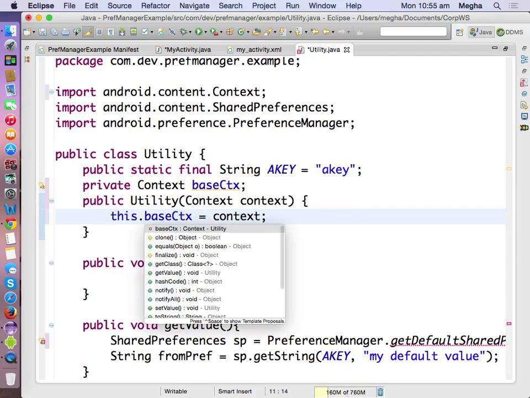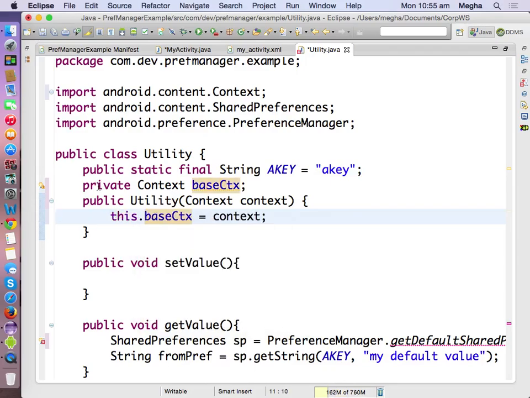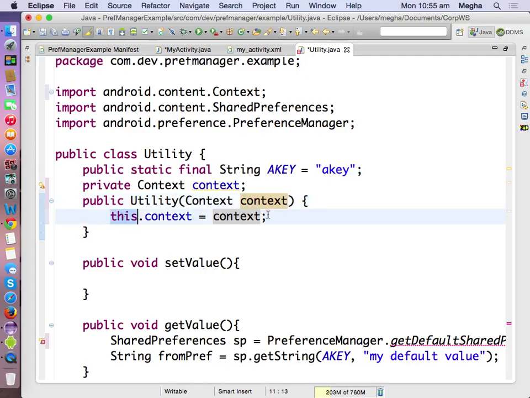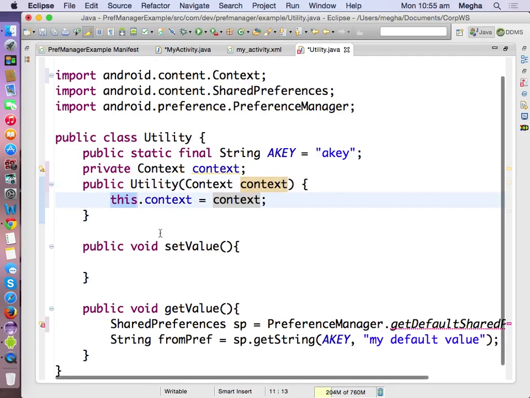Otherwise, you make it as this base context, just to say it is a global one. I mean, keep the same name. It means this dot base context refers to this global private object. Without one with a prefix this, it gets from an argument. When the same name exists, you can make use of this as well. Otherwise, it entirely gives a